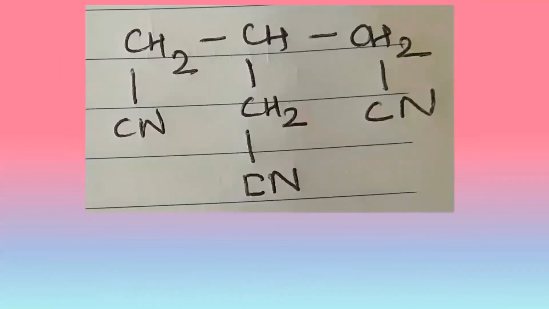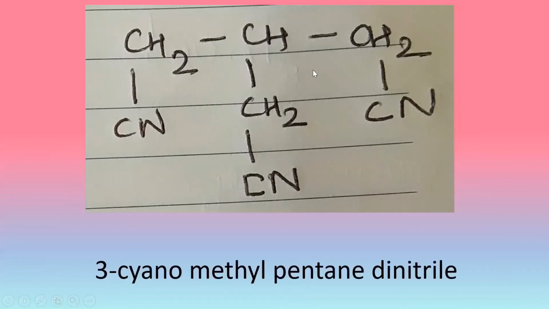Now, in the same way, when I've attached cyanide groups in the same manner, so the name for this compound, I would really want you all to make a note of it on a paper. At least try what could be the name. And in this, you can notice that there are 5 carbon atoms in the main chain. In this one, I take even the carbon atom of the nitrile in the main parent chain, and the methyl and cyanide group that is attached to the third carbon as a substituent. The name of this compound will be 3-cyano-methyl pentane dinitrile.